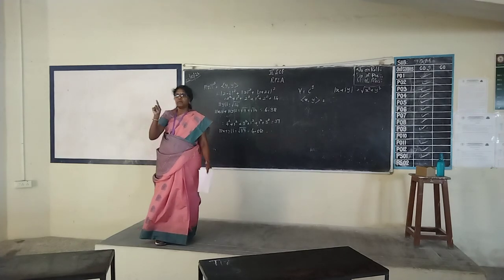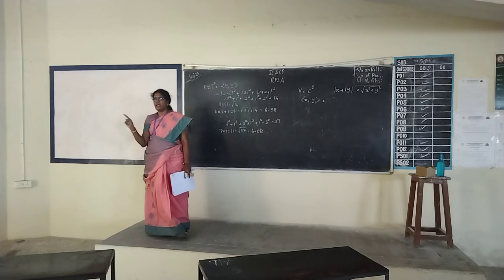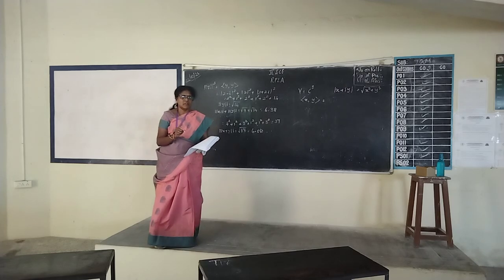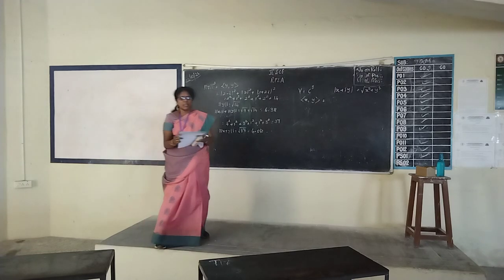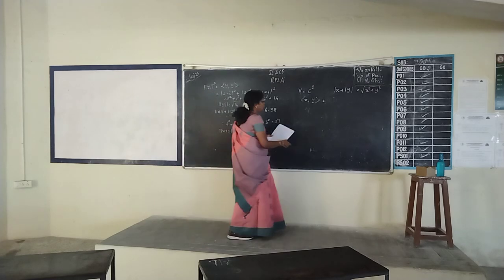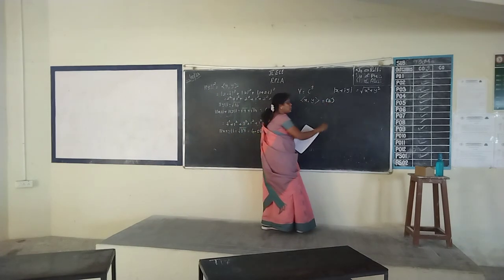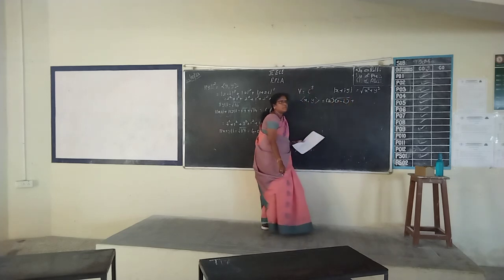How do I define inner product of x comma y? A1 B1 bar plus A2 B2 bar, etc. So A1, A2, A3 is for x, and B1, B2, B3 is for y. What is the first element in x? 2. What is the first element in y? 2 minus i. So it will become 2 times the conjugate of 2 minus i, plus